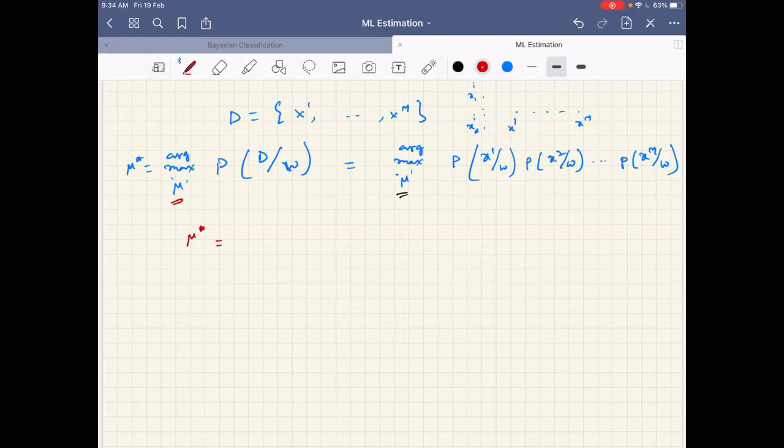We can differentiate the other side and we obtain the maximum. Differentiate with respect to what? Differentiate with respect to mu, because that is right, equate to 0. That's all. Let us do that.